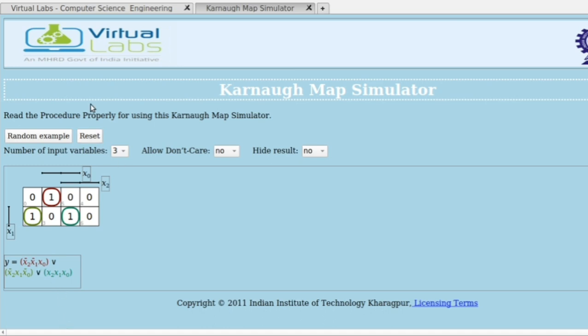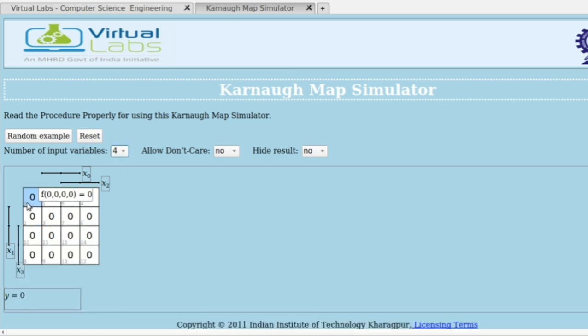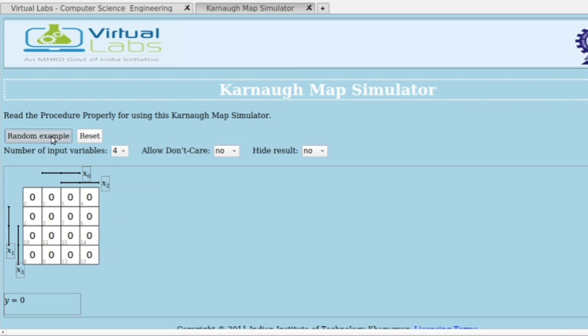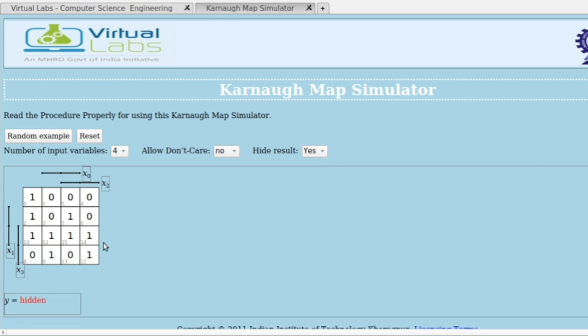Another example, suppose we have a 4 variable K-map. Here also it is somewhat different. Here it is 0, here it is 1, 5, 4. In our case it is 3, 2. So here it is 2, 3, 7, 6. That's also different from what we studied earlier. Then 10, 11, 15, 14, that is the same. Then 8, 9, 13, 12, that is also different. Select a random example. First you hide the result, random example.